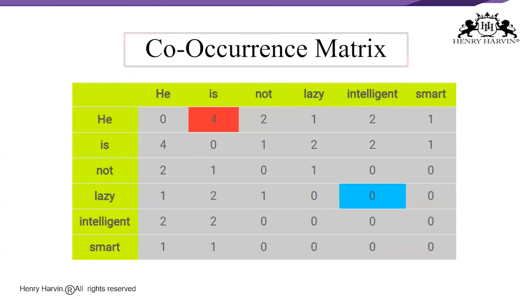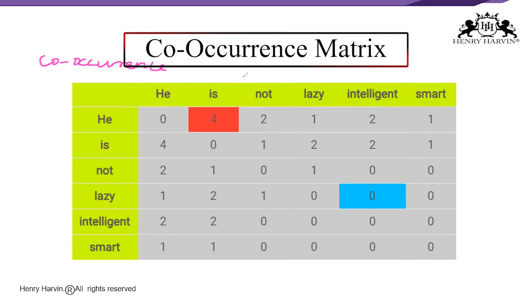Now let us understand the co-occurrence matrix with a fixed context window. Similar words tend to occur together and will have similar context. Say for example, apple is a fruit, mango is a fruit. Apple and mango tend to have a similar context. Basically both are fruits. Before understanding how the co-occurrence matrix is constructed, let us try to understand two concepts. One is co-occurrence, and the second one you have to study is the context window.